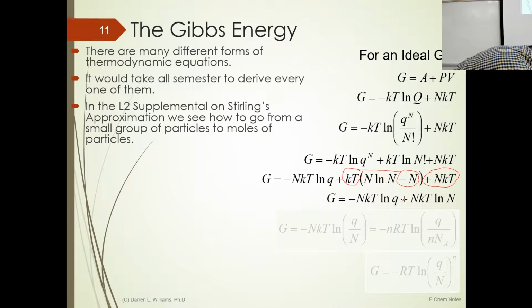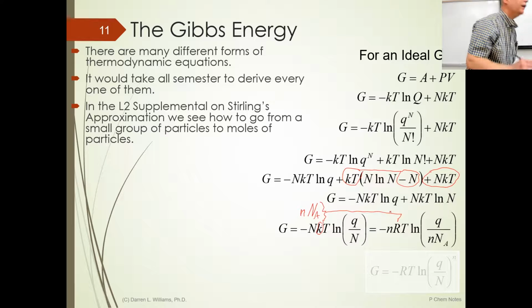So going back to a fraction, we have this minus nKT ln little q over n. One way to write this, number of molecules is the number of moles times Avogadro's number, and Avogadro's number times K is R. So that's where R came from, and the number of moles. Okay. So now we have nRT, natural log, and we also split the number of moles and Avogadro's number out of this to give us this.